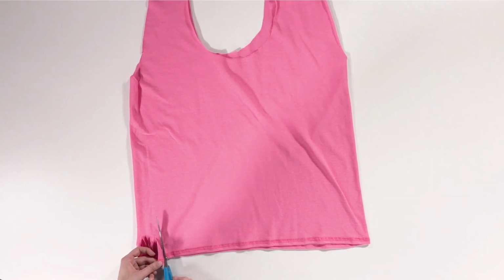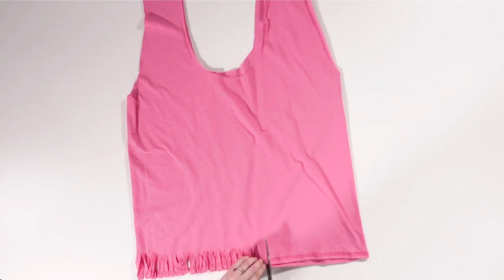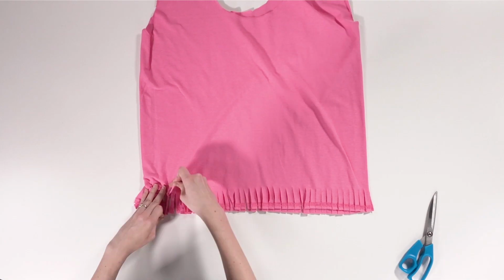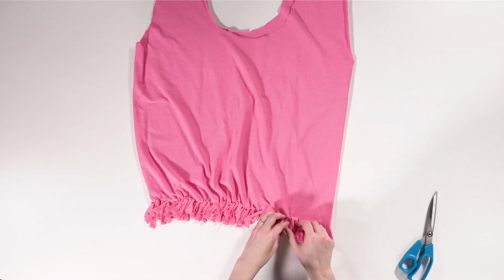I'm cutting my strips to be about 3 inches long and ½ inch wide, but you can cut them to your own personal preference. Once you have the strips cut, you're going to tie the 2 ends of each strip into a knot. When you've finished knotting the strips, you'll see that there are some small holes in between each